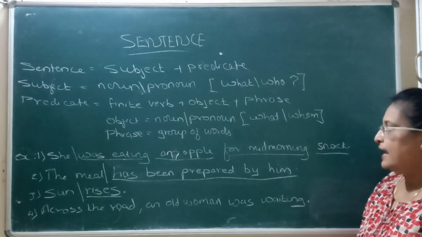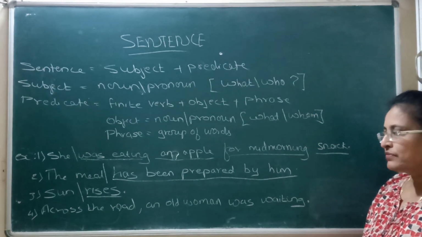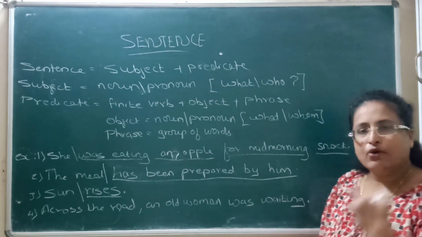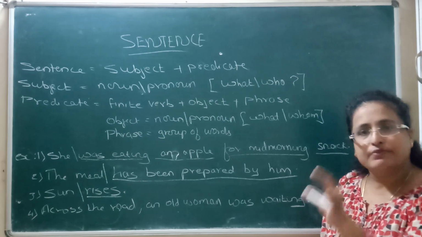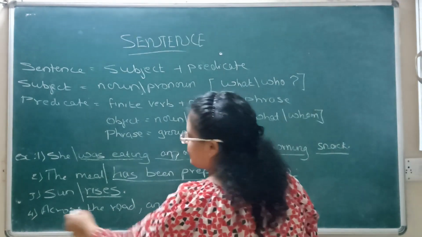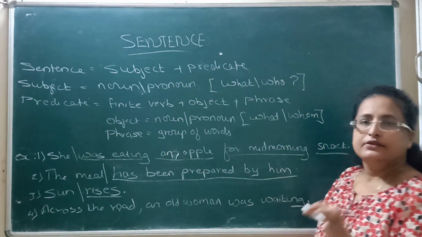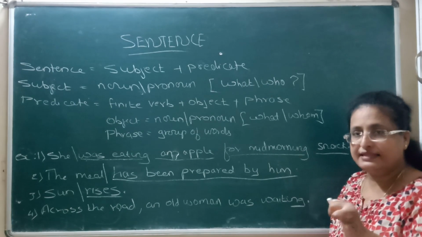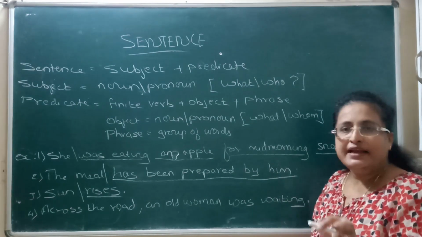Across the road an old woman was waiting. Now बेसिकली बच्चे इतने ये हो जाता है कि always the beginning of the sentence is always subject. That is what the mentality is. But if you see here across the road, now if that is the thing, the children might think, across the road is a subject. No, it is not. As I told you again, that is the reason I always ask you, find out the finite verb.